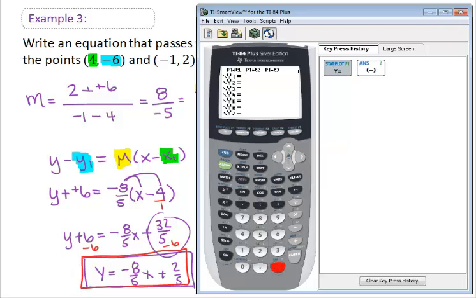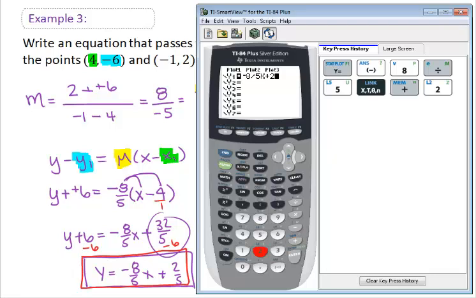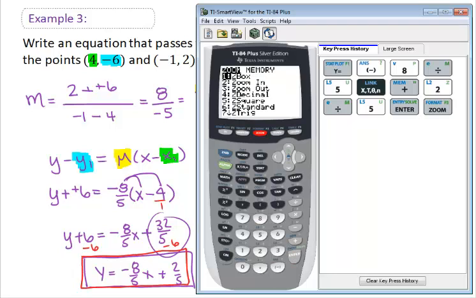So that was -8 divided by 5, so -8/5 x plus 2/5, or 2 divided by 5. Now, I'm going to go ahead and graph this on the normal or the standard window. The easiest way to get there is to push the zoom and then the 6. That gives you the standard window, which gives you tick marks of 10 in every single direction. And I get this graph here.